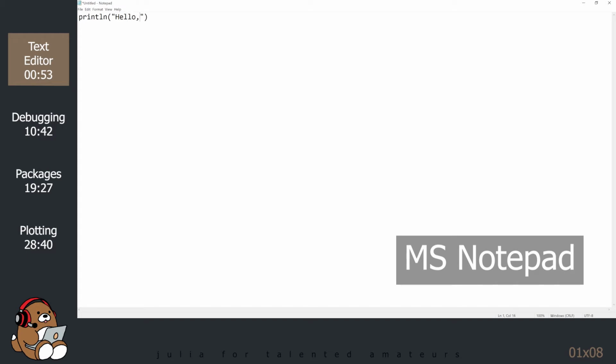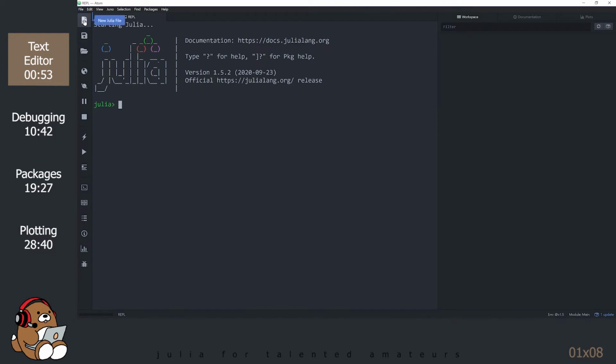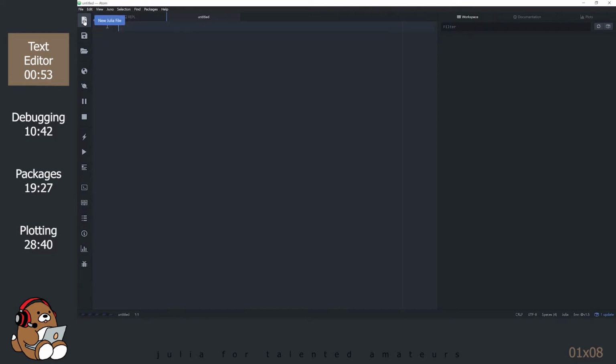You can type in your code into any text editor, but notice that when you hit enter, nothing happens. That's because it's a text editor and not a REPL. While it's possible to create programs using a basic text editor like Notepad, most programmers are looking for something a little more sophisticated. In Atom, click on the top icon along the left side taskbar.